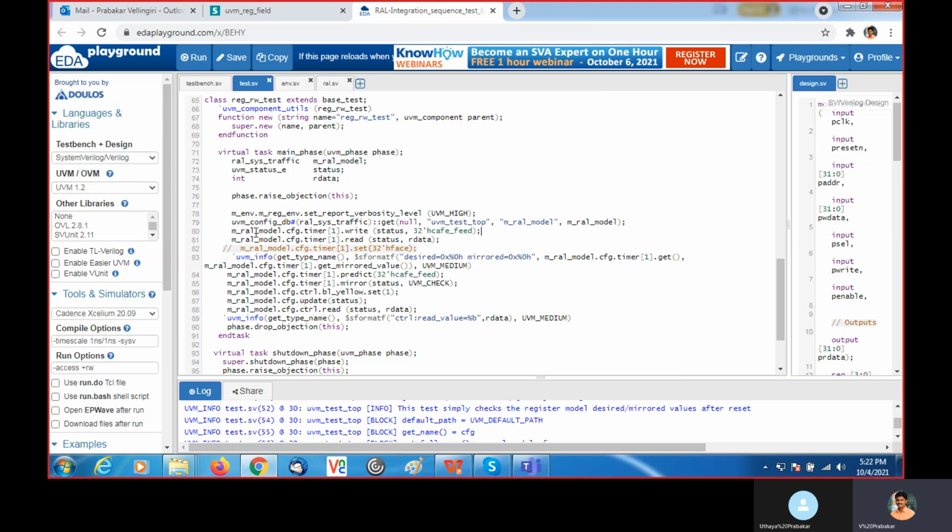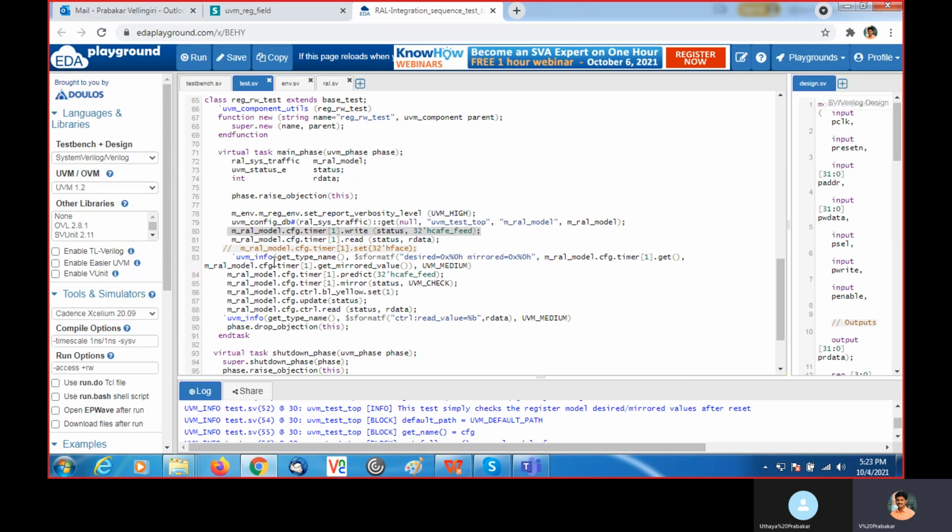Here, this line. I am going to write this value, CAFE FEED, to the timer 1 register, and then I read the same timer 1 register, performing a read.